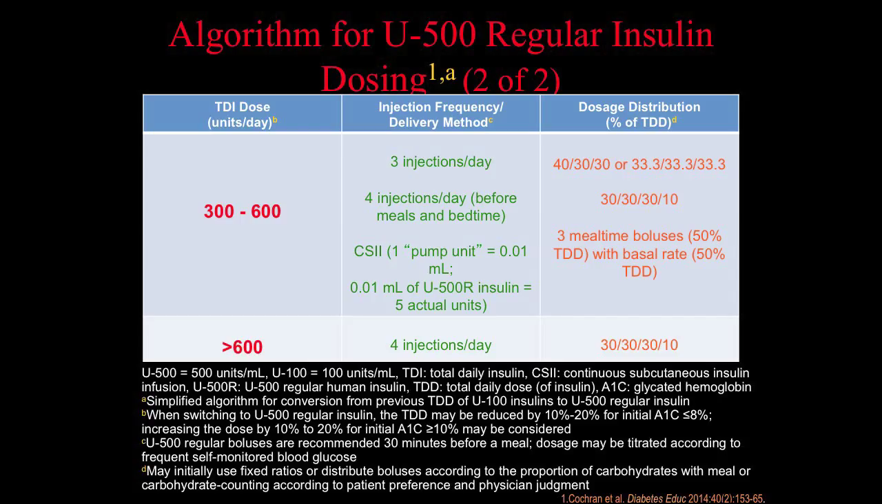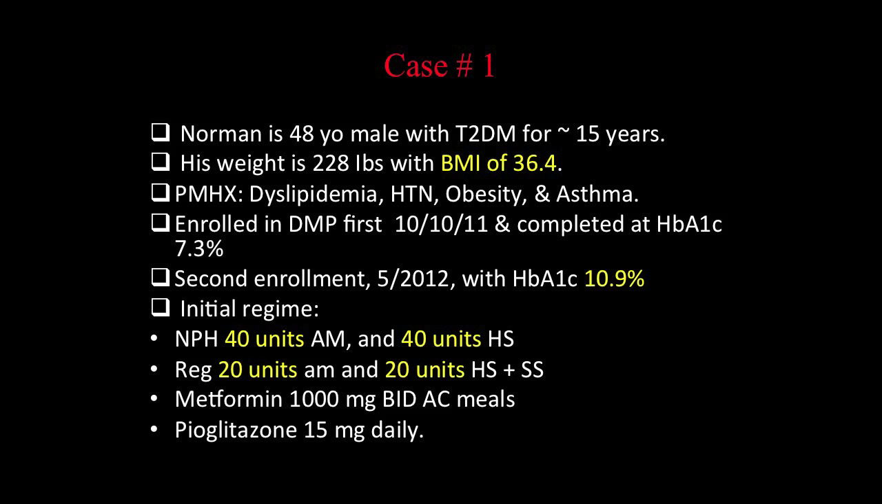Again, same as other insulins, give it half an hour before meals. For 300 to 600, for sure they need more, and we can split it between 3 to 4 injections. For more than 600, the patient needs 4 injections, even 1 small injection at bedtime. Then this is case 1, a 48-year-old male with type 2 diabetes for 15 years, BMI